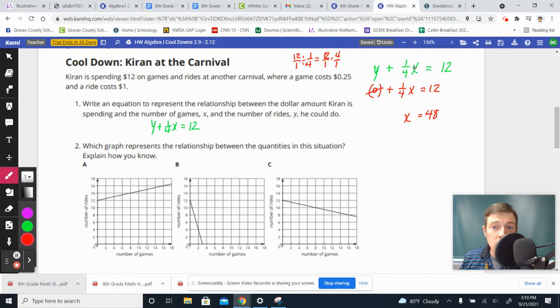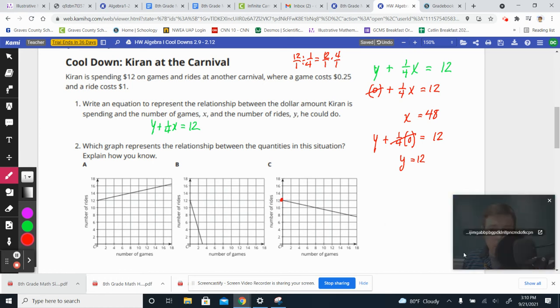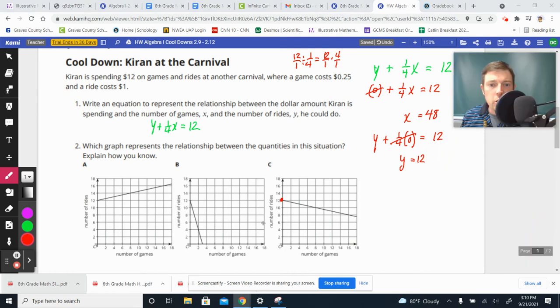So let's plug in 0 for x and see if it gives me the y that I'm looking for. If I put in y plus 1/4 x and I don't play any games, then these would go away and y would be 12, and that seems to make sense, right? It crosses at y equals 12. I feel like that's going to cross down here at 48. So the 48 helps me pinpoint that this one seems to be going in a pattern that's going to match that, right? So I'm feeling good about C right now for those two reasons, but I also want to talk about why